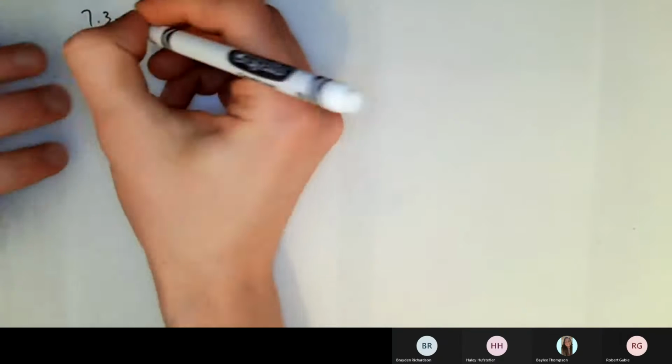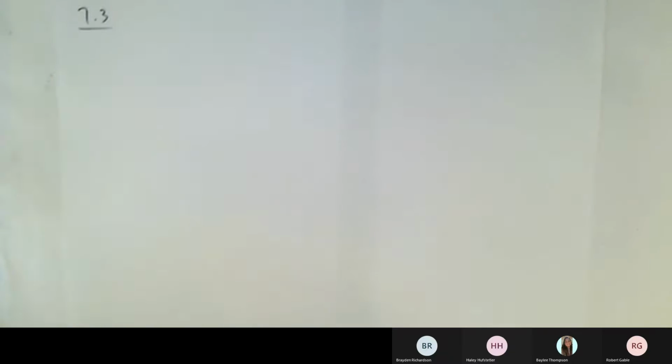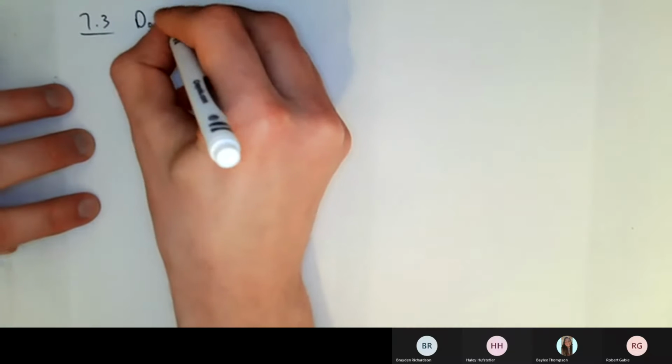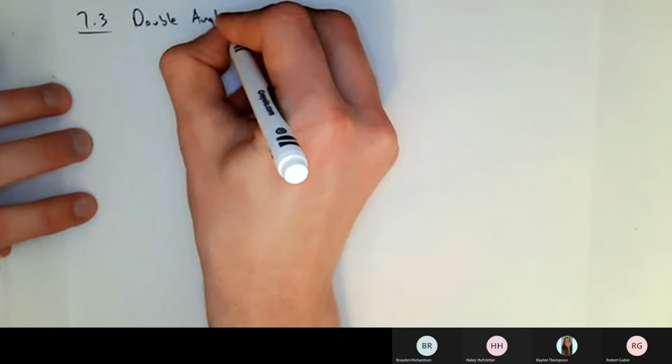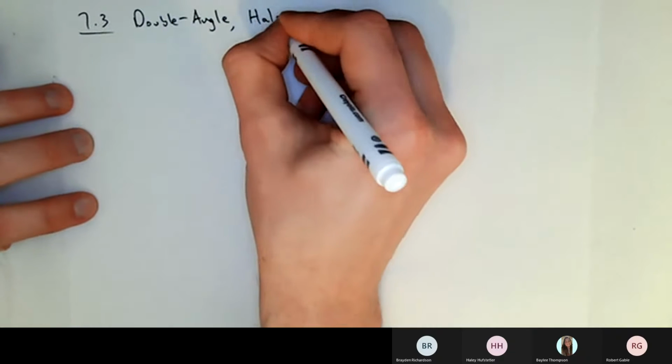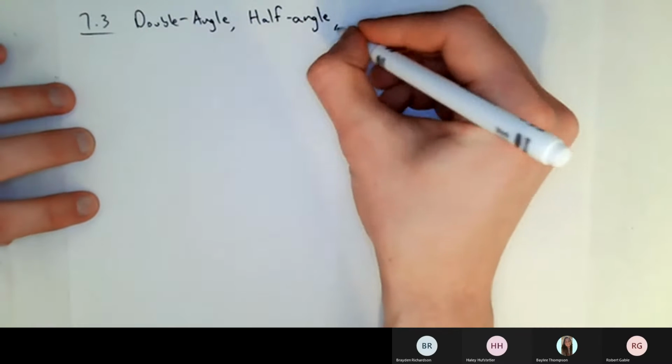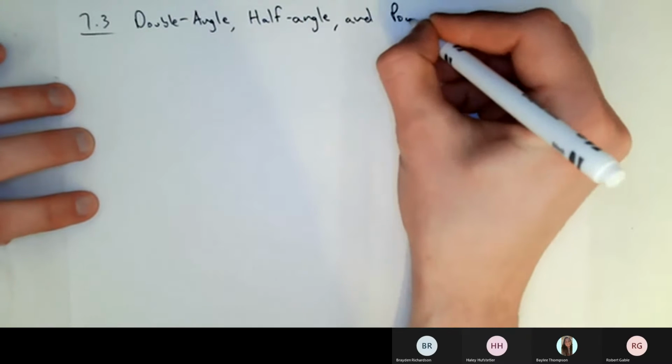Let's talk about now 7.3. So officially starting 7.3 now. This is all about these new formulas. What is even the name of the section is just double angle, half angle, and product sum formulas. We're not going to worry about sum to product or product to sum formulas. So I'm going to call it double angle, half angle, whatever, and power reducing